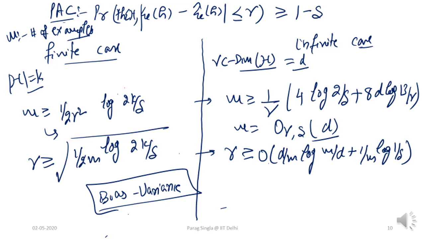So let us look at this particular bound on the right side. The PAC bound is the same: to be able to achieve, for all hypotheses, that the difference between the generalization and the training error is less than or equal to gamma with probability more than 1 minus delta, the number of examples now, of course we will not prove this result but let me state it, should be m greater than or equal to 1 by gamma into (4 log 2 by delta plus 8d log 13 by gamma).